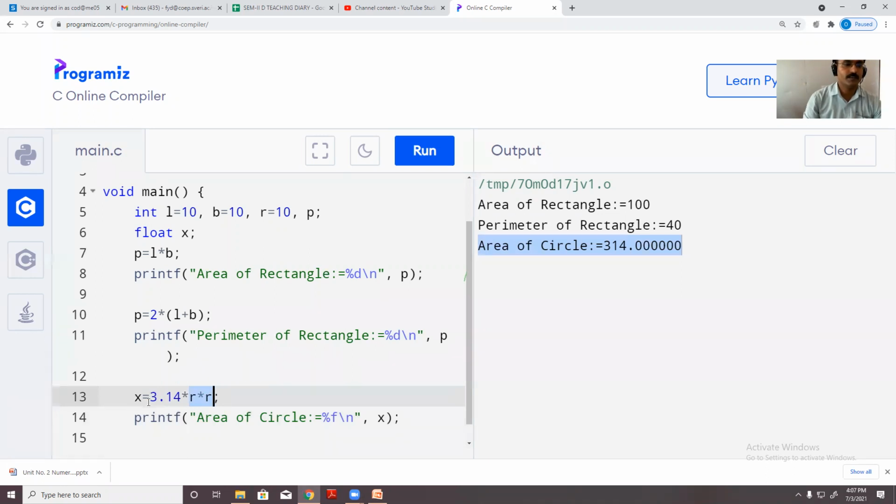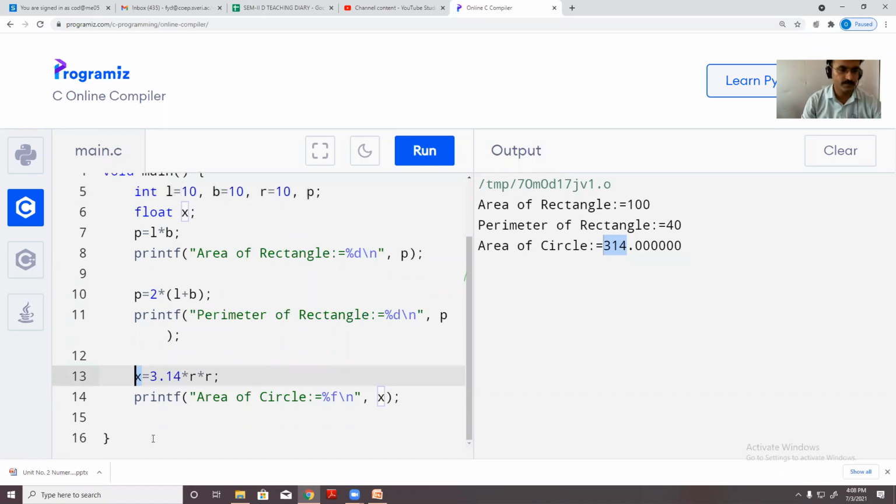Okay, if we had declared this x as a type of integer, I would get the value 314. But if I have some other value for radius, then it will be in the decimal format, a complete number in the decimal format. So to handle such cases, we need to use float numbers. And last is what?